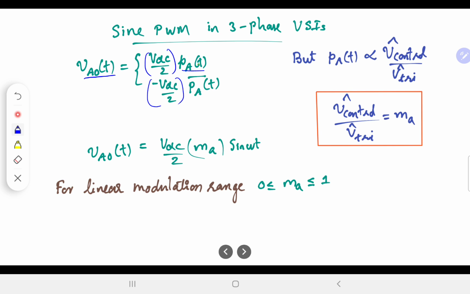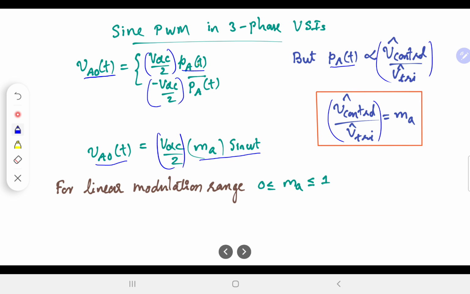And VAO would be VDC by 2 times MA times sin omega t, where MA is decided by the V control peak divided by V triangle peak, because the pulse is going to be proportional to that ratio,